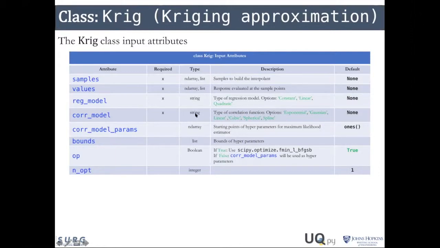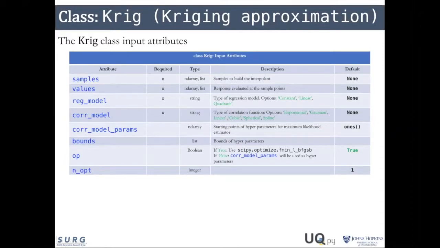These should be a string, and there are three regression models inbuilt inside the Kriging class, which are constant, linear, and quadratic model. For correlation model, there are six inbuilt correlation models, that is exponential, Gaussian, linear, cubic, spherical, and spline. Correlation model parameters are basically an n-dimensional array, which defines